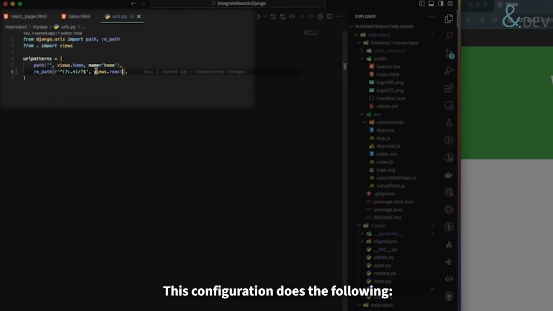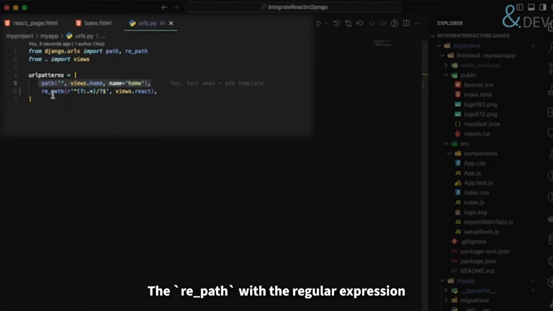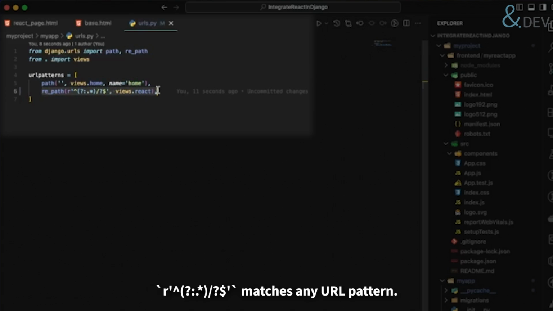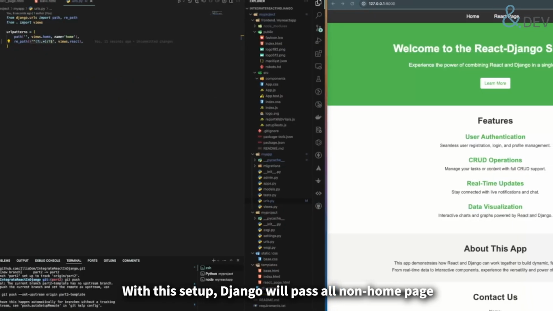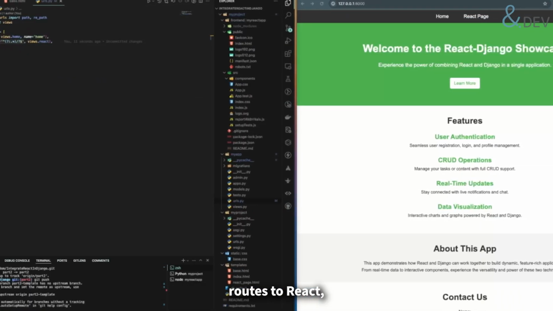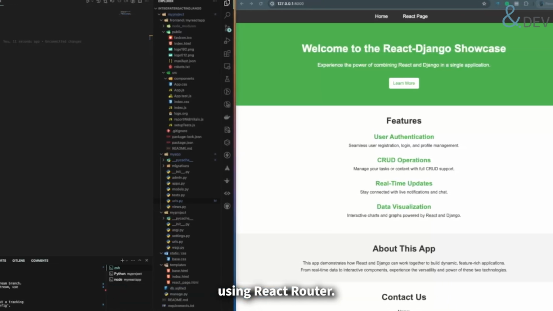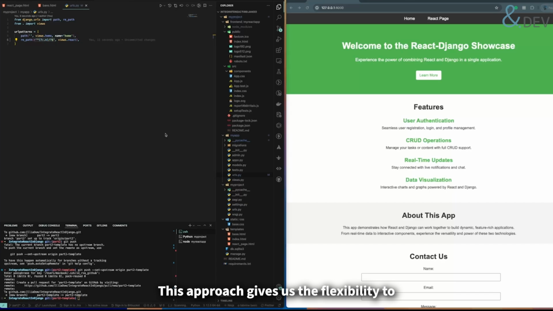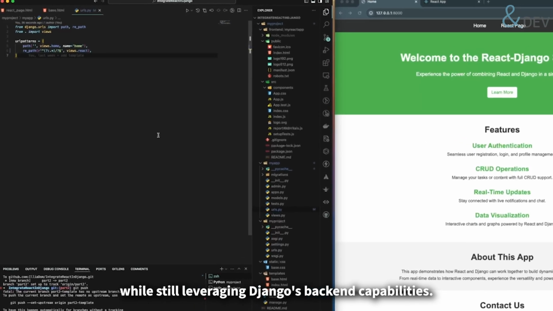The configuration does the following. The first path includes a home page using Django views. The re_path with a regular expression matches any URL pattern. All matched URLs will be handled by the views.react function, which should render your React application. With this setup, Django will pass all non-home page routes to React, allowing us to manage routing on the client side using React Router. This approach gives us the flexibility to create a single-page application experience while still leveraging Django